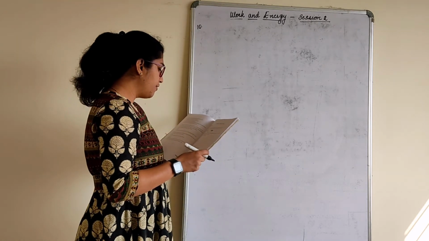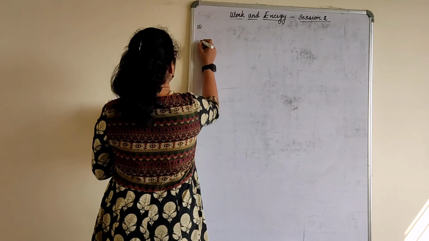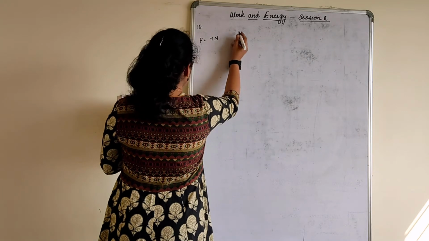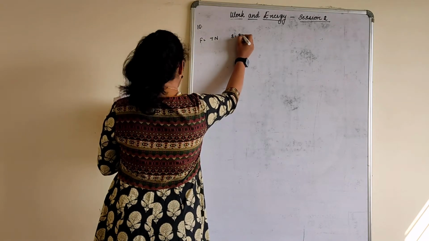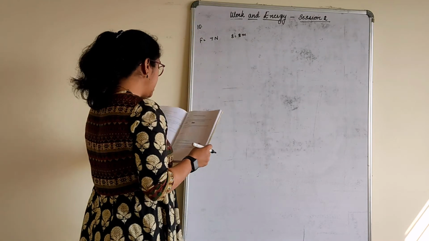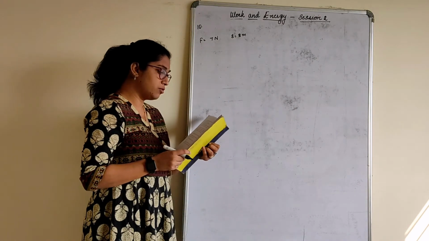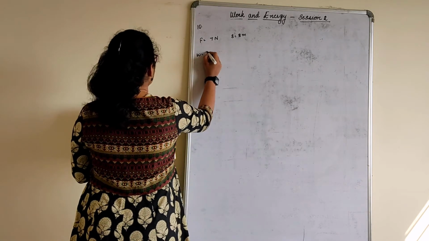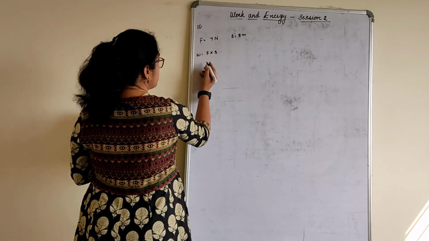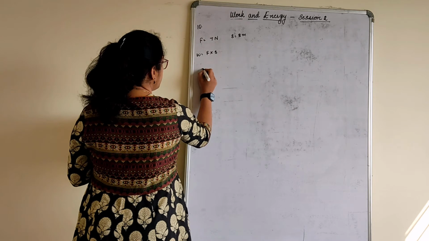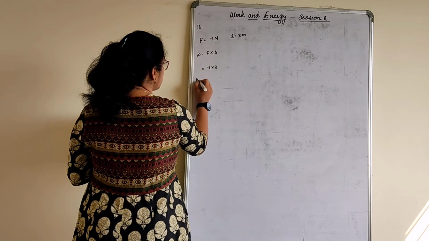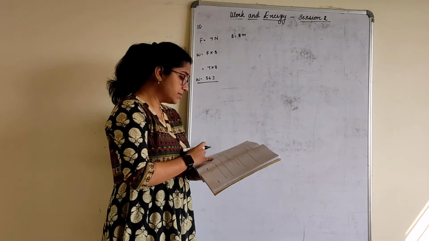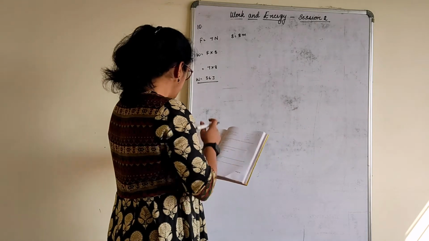A force of 7 Newton acts on an object. So force is equal to 7 Newton. The displacement, say, is 8 meter. So S is equal to 8 meter in the direction of force. Let us take that the force acts on an object through the displacement. What is the work done in this case? So W is equal to F into S. So you know further what you have to do here. 7 into 8, 56 joules. That's all is the answer. Quite simple sums.